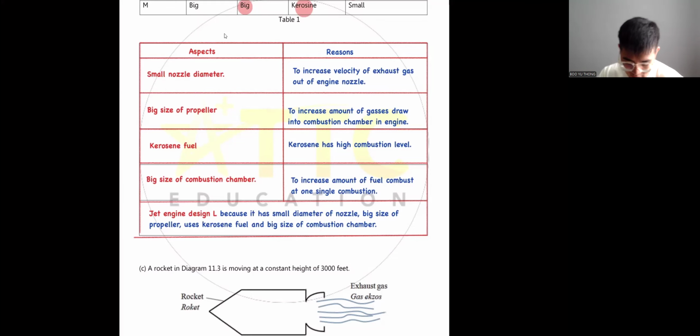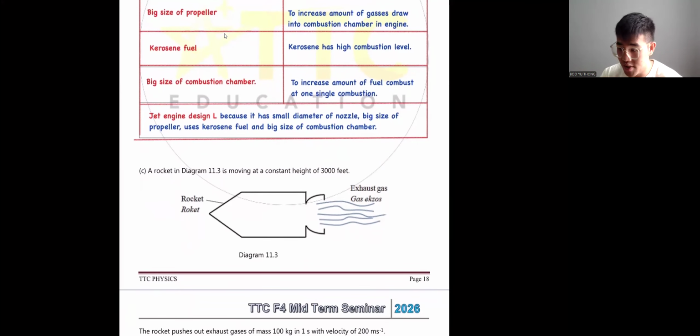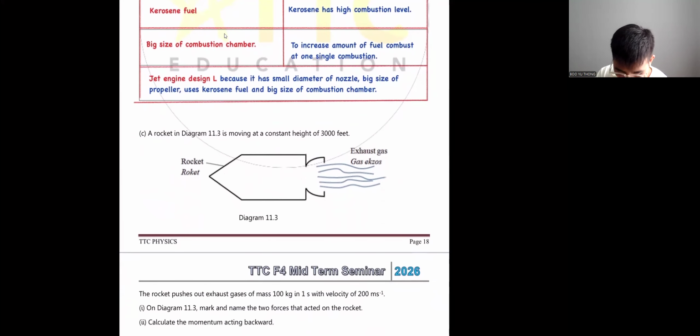Now then let us continue and finish this question. Then quickly we do one more question. So at least we do 2 questions. Now the next question says the rocket in the diagram below 11.3 is moving at a constant height of 3,000 feet. I believe that 3,000 feet is useless information, because remember in our physics from Form 4, Form 5, we